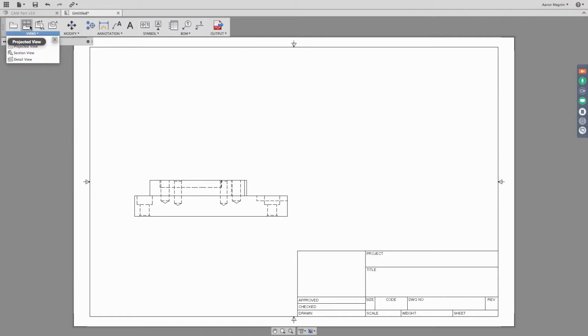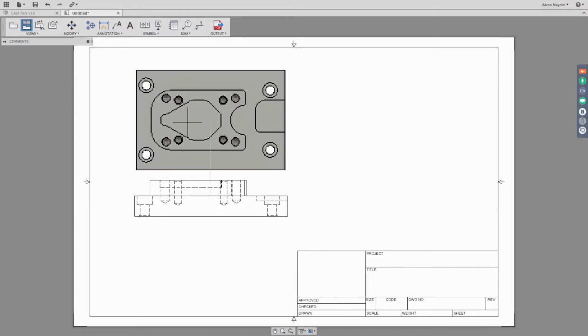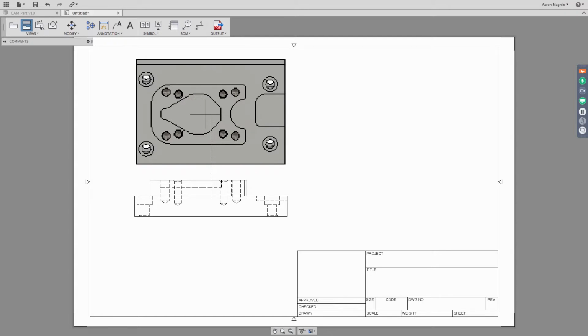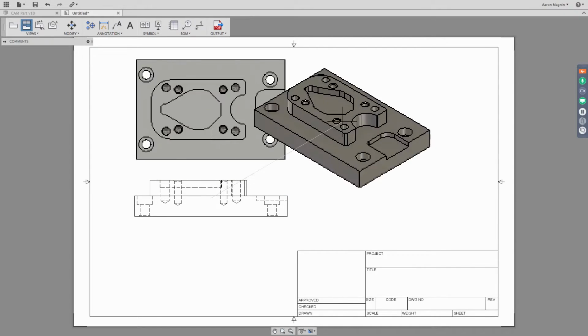So let's go ahead and project off a view here to visualize this part from another angle. So I'm going to select to project, and then I'm going to select the view in which I want to project from. So it's just looking for a little input here before it starts creating another view. Once I click that existing view, I can move this around and kind of drop it into the area of this sheet that I want to have it in. So I'll click again to drop that new view in there,